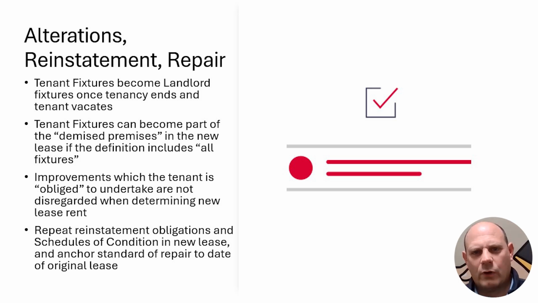Under the 1954 Act, when a business lease is renewed, either by agreement or court order, the new lease effectively starts afresh. So what happens to those fixtures that the tenant has installed during the old term? Do those fixtures stay as the tenant's, or have they become landlord's fixtures? In the case of New Zealand Government Property Corporation versus HM&S Limited in 1982, Lord Denning took the view that a tenant shouldn't lose the right to remove fixtures simply because they take a new lease.